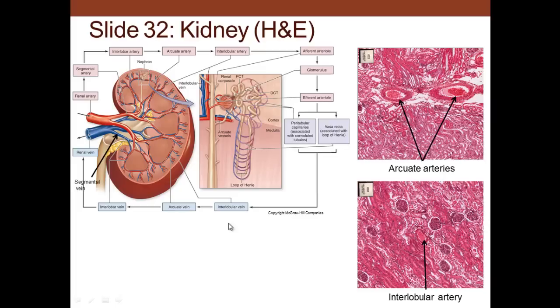So if we follow the blood all the way through, you start out with an artery, renal artery, and then a segmental artery, so it segments. And then you have the interlobar artery right in through here. And then the arcuate artery that makes an arc over the medullary pyramid. And then coming up from there, you have the interlobular artery, and from the interlobular artery you have the afferent arteriole, and then the glomerulus, and then the efferent arteriole, and then it can either go through the vasa recta